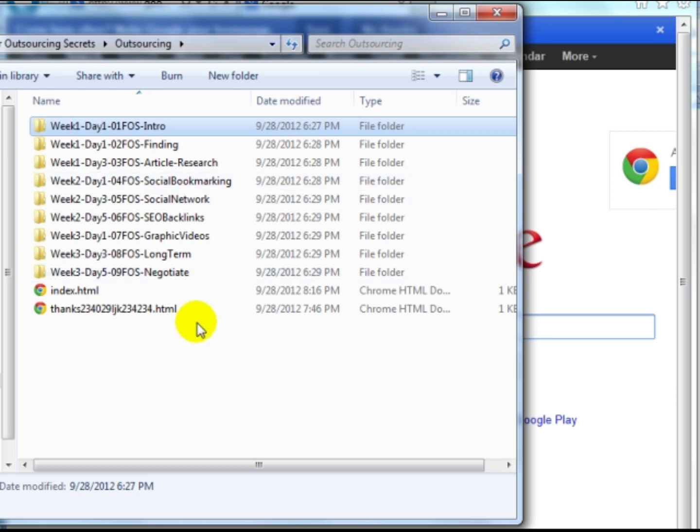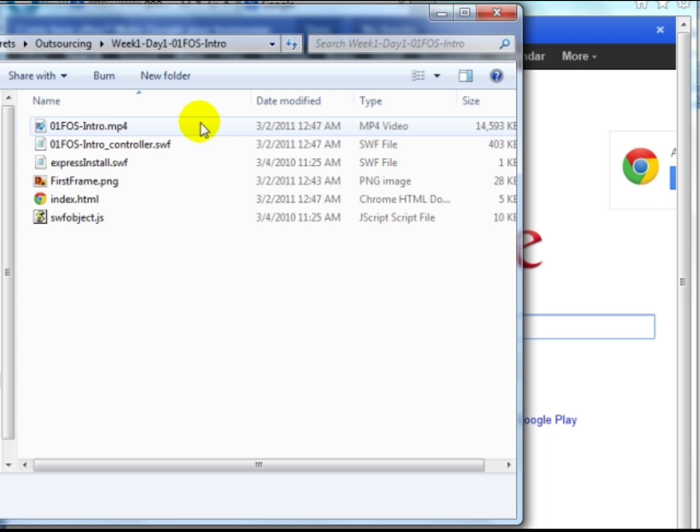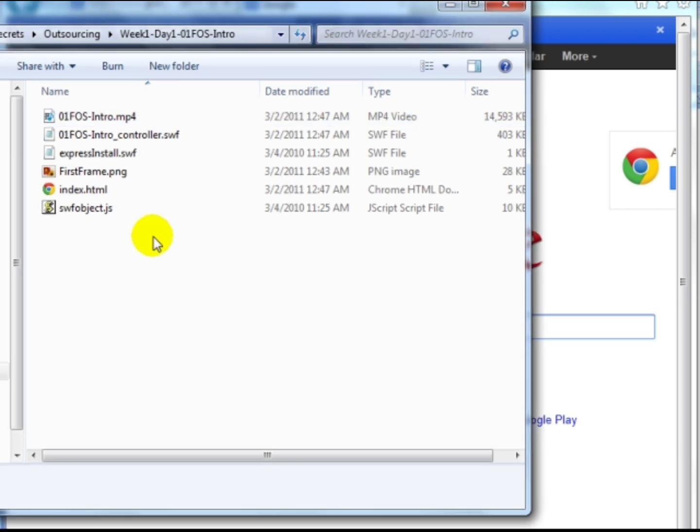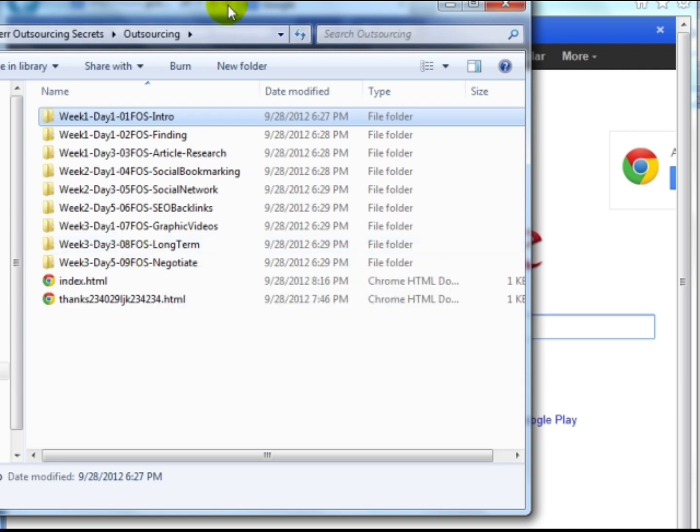Now, in this case, I have videos, so it's a little more complicated than a PDF or a zip file, but it's not as complicated as it sounds. Now, as you can see here, it's a flash file, and the easiest thing to do is to make sure that your HTML file that hosts or holds the flashed video is called index.html. And you'll see why in just a minute, because when I get all the URLs, it'll simply be the